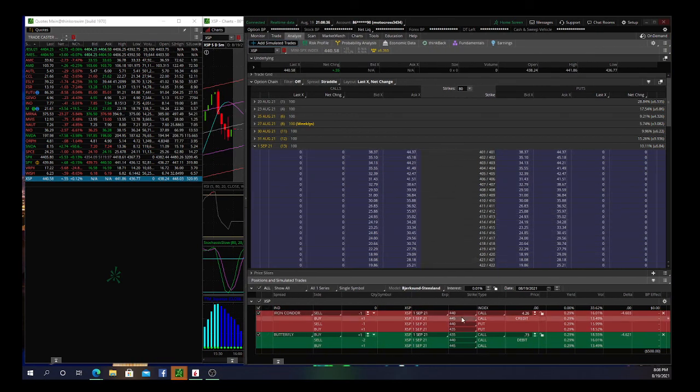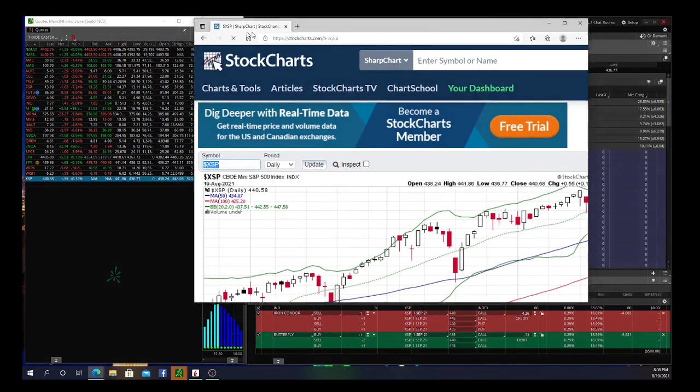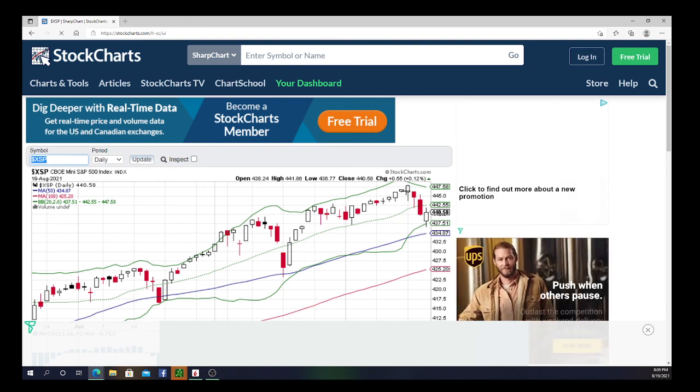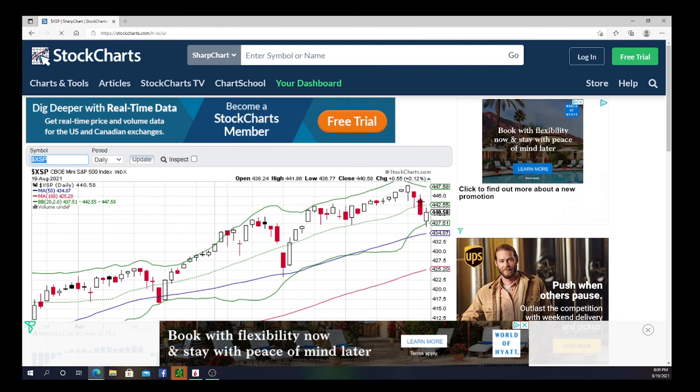So what we did here last Friday, let me look where we were at. I want to say last Friday when I told Razor about this trade, we were trading just under 447. Let me put XSP in my chart and I'll put it up there. We were trading right around 447, just under it. And there's the chart. So let's see, today's Thursday, Wednesday, Tuesday, Monday. Yeah, we were right up around that 447 range. So what I told Razor,